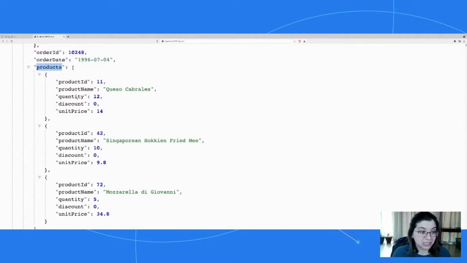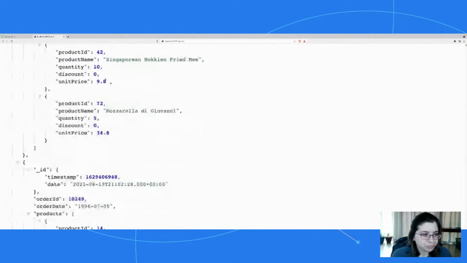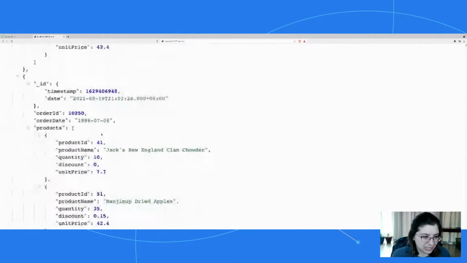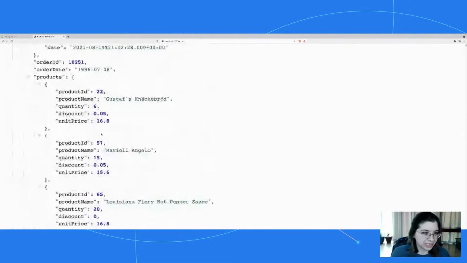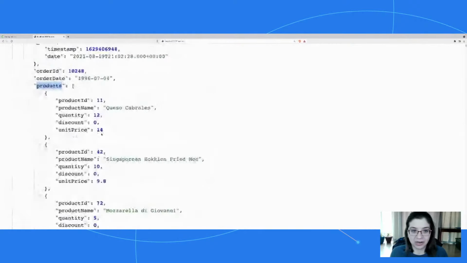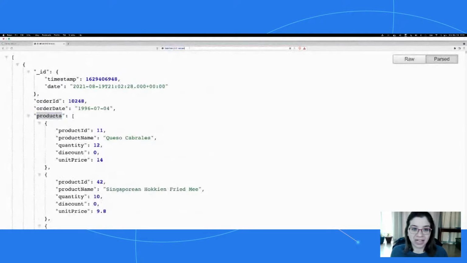So we have the product ID, the product name, all of our line item information, again, lumped in with products because our data model is a little bit different from Mongo. And so all of that gets looped in nicely and all of that appears well. We're getting multiple orders back. So everything looks good there. Now let's test our other endpoints.